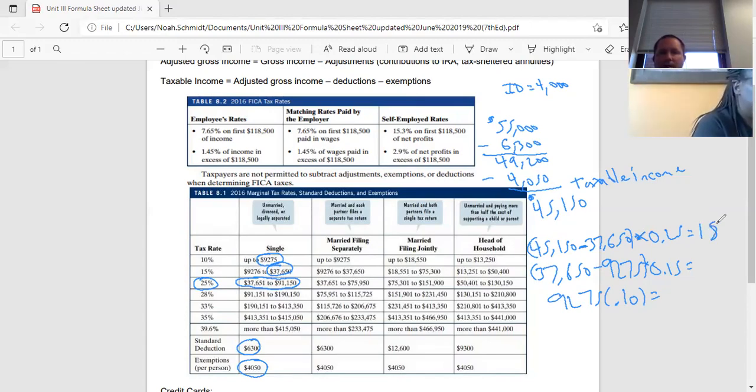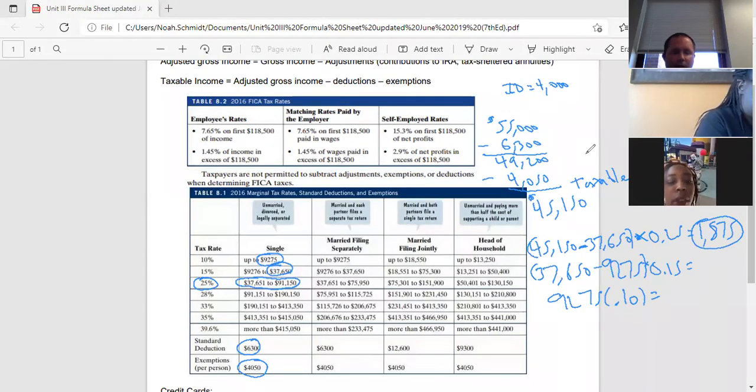This is what I got, there was 1875. So that's that total. We're going to add up all these at the end. Then the next calculation is the